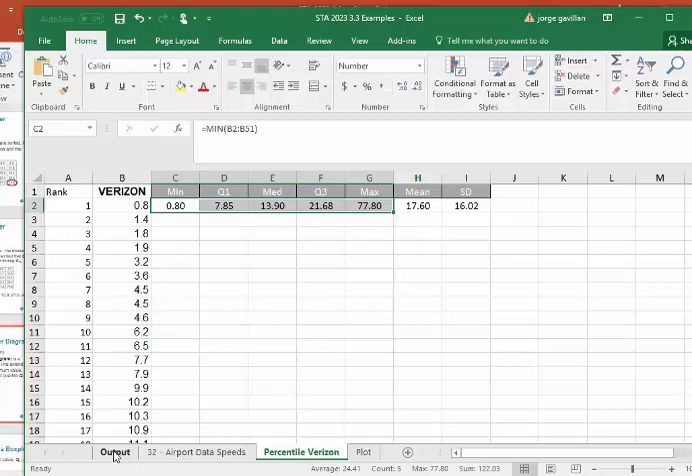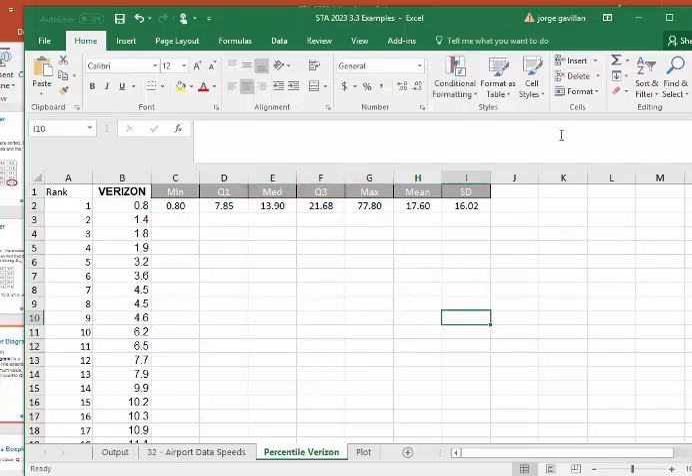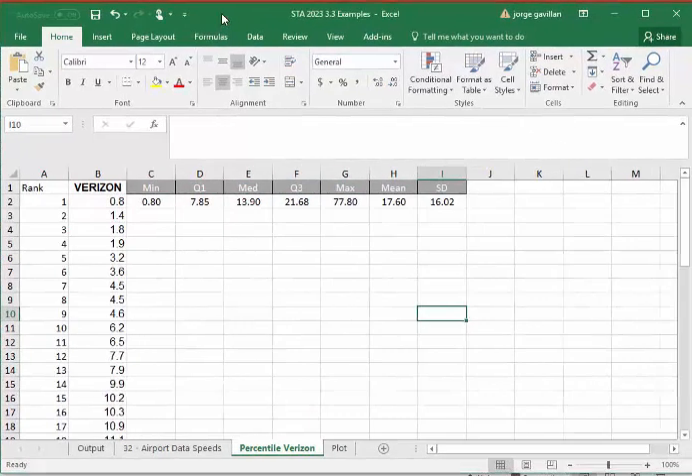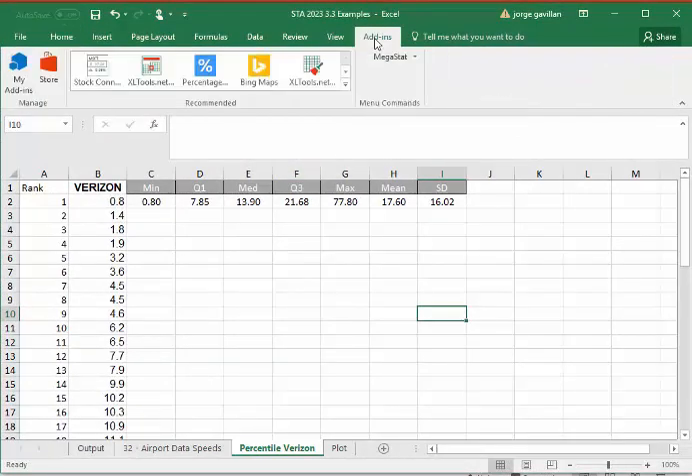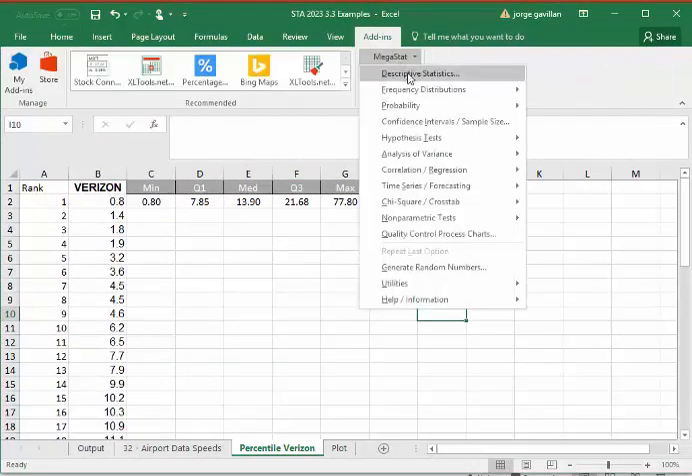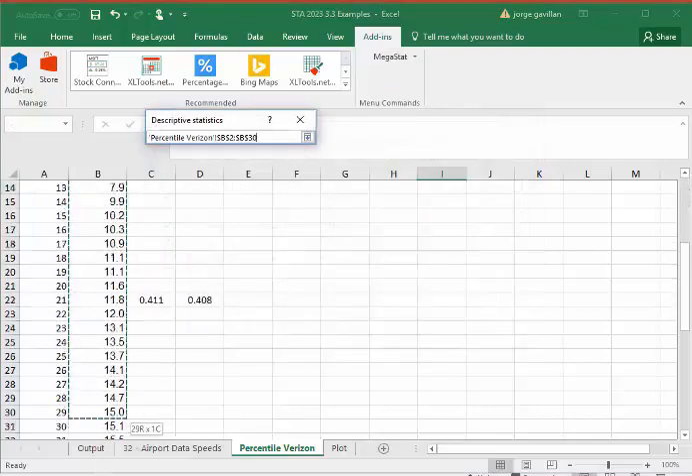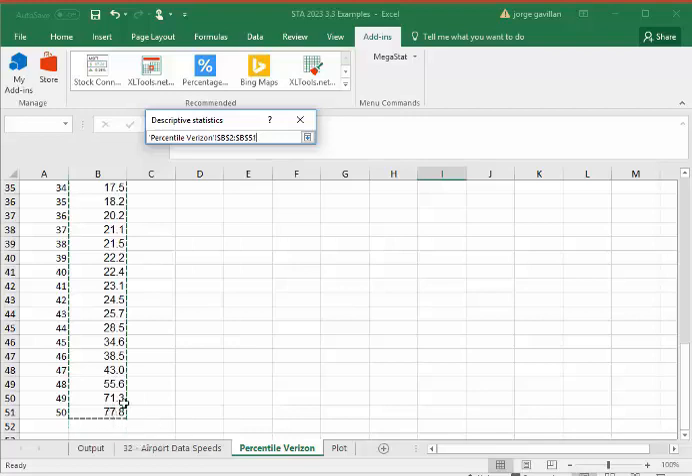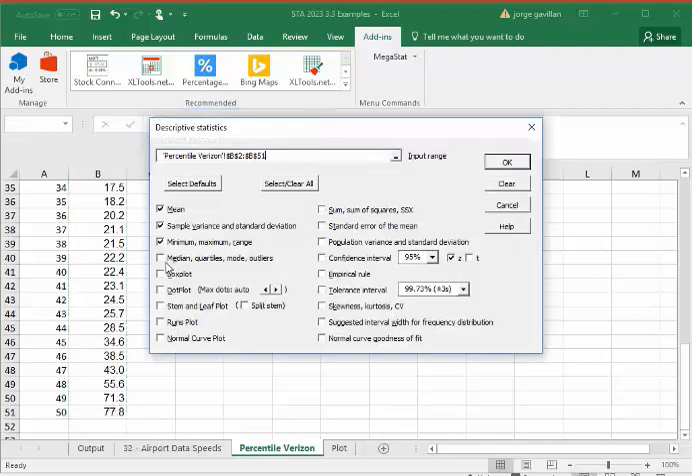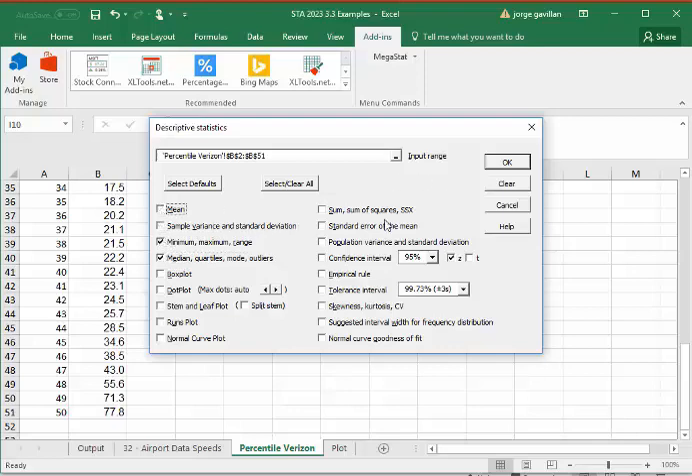Now, if I use MegaStat, let me move this over a little bit. If I use MegaStat, it actually gives me different values, and I'm going to show you what that looks like. If I go to descriptive stats, my input range is my raw data that we've been looking at here. I want these values right here. I don't need those 2. And we'll come back and do the box plot. But if I click OK,